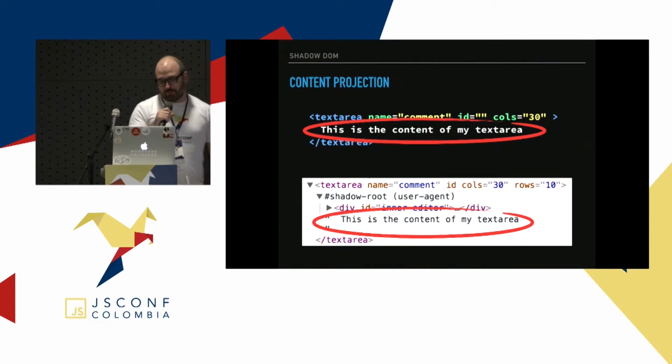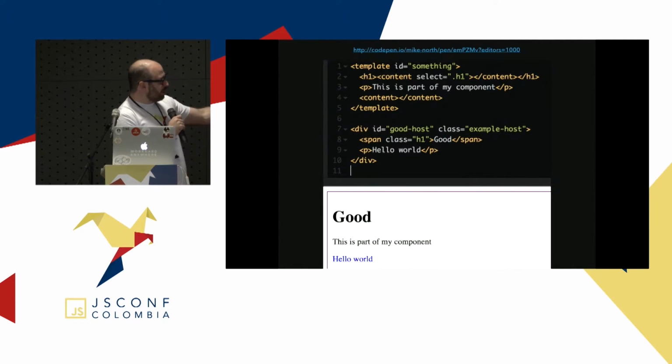So how does this happen? You get a special content tag here, and you can see we're using it twice: once up here with this select attribute, and then once here with no attributes. And what we can see is that, sorry, my example's cut off a little bit at the bottom here, but